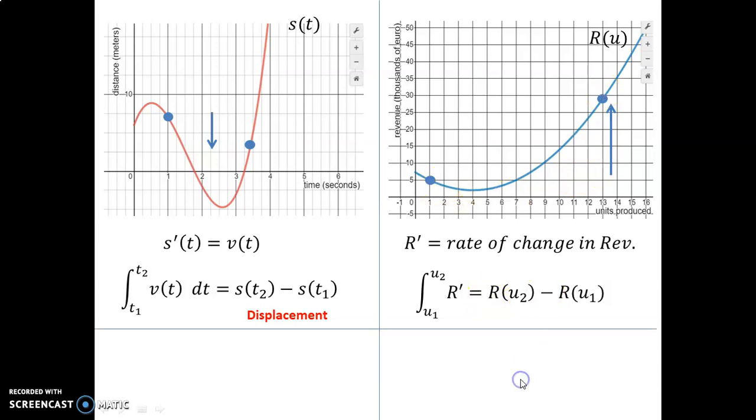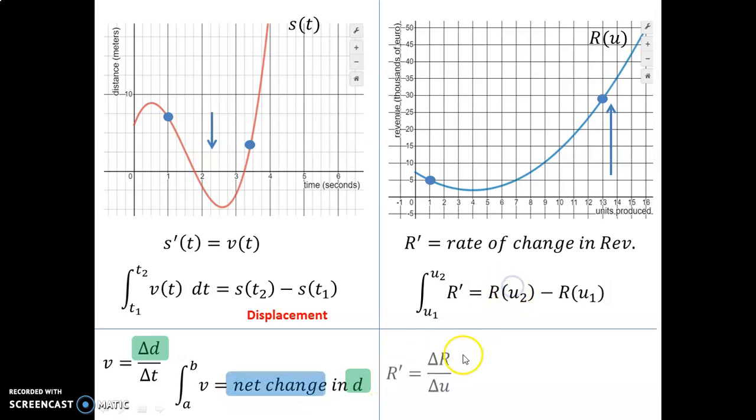So looking at that through a different lens, velocity we know is change in distance over change in time. So the slope on this position graph is change in distance over change in time. And then when we take the integral, we are finding what's called the net change. All right, the net change, which is the displacement, the total change in position. Okay, so on this side, if we do the same thing,